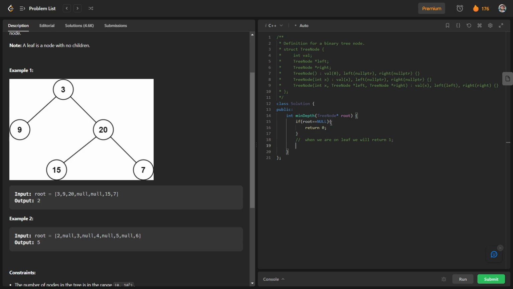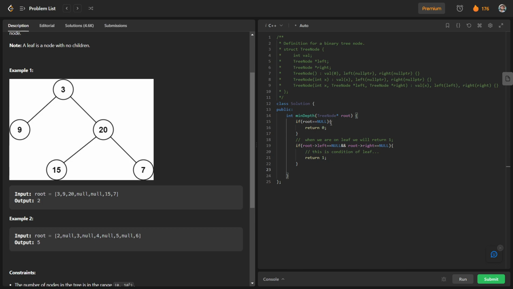The condition of a leaf is root of left is equal to null and root of right is again null. So for this case we will just return 1. So this is going to be our condition of leaf.